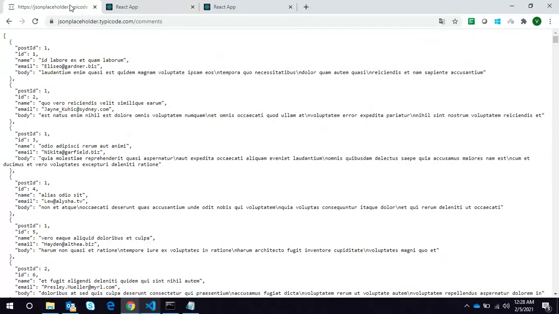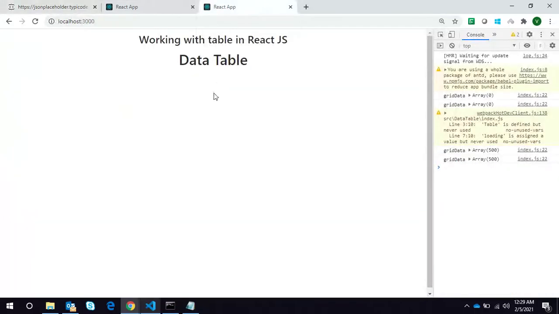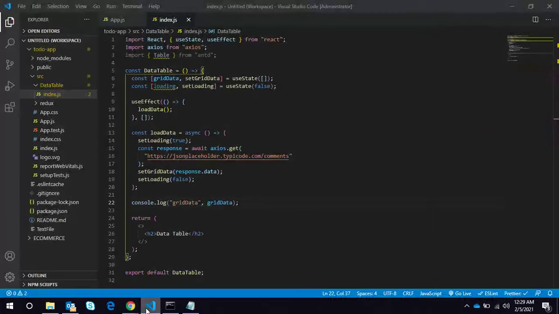So we have to update the key here. After getting the response, we will replace this key with comment. So instead of body, all the objects in the array will now hold comment.